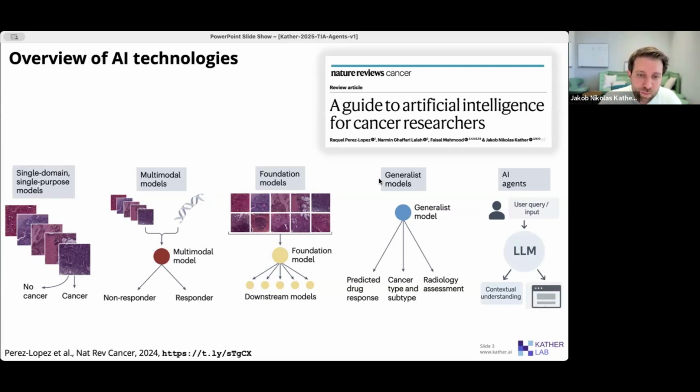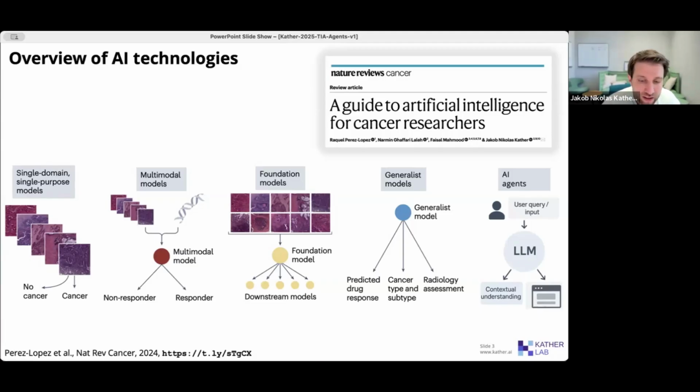Well, let's go a bit further in the history of AI in cancer research towards foundation models. Foundation models, of course, have been transformative for our field, and specifically for computational pathology. Now, everything is, of course, based on foundation models. We never train a model from scratch for any computational pathology task. We always start with foundation models that were trained with self-supervised learning on a large amount of non-annotated or sparsely